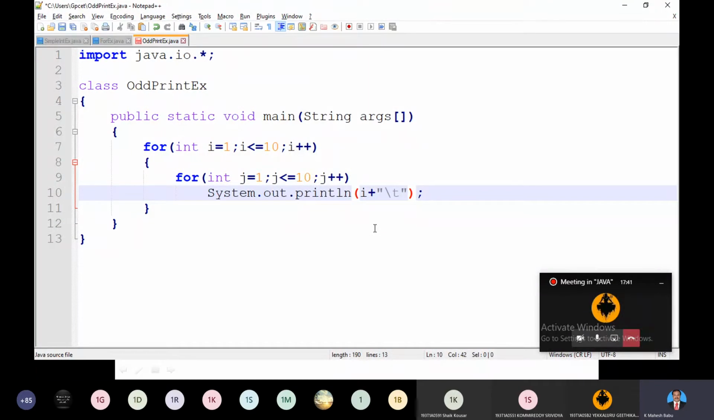So what does it print on the screen? I'm not printing the dots. I'm printing the value